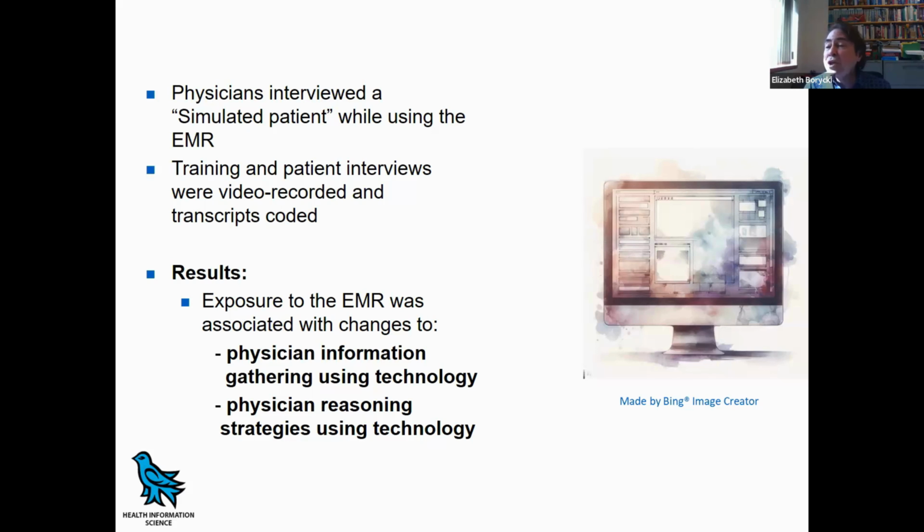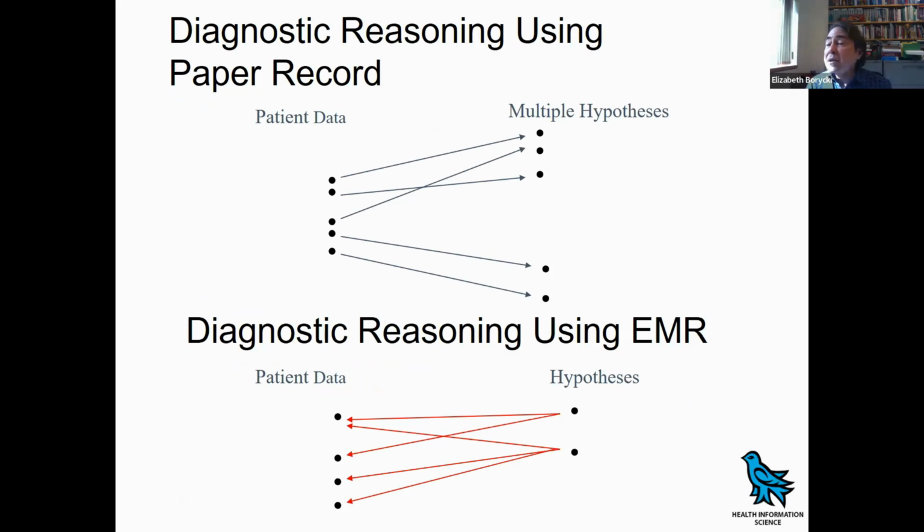So what we did find is over time, the physicians had to adapt and develop a style of interacting with the system that they were comfortable with. I won't get into this, but it did show that some of the physicians went from what we call forward reasoning, where they ask about patient data and then go to a diagnostic hypothesis, which is what more expert physicians do. And some of them were forced to go backwards